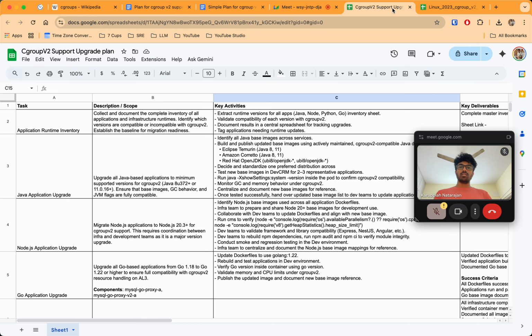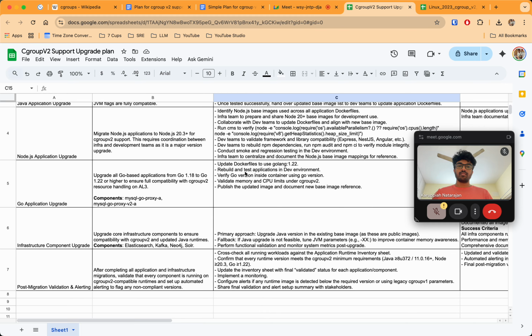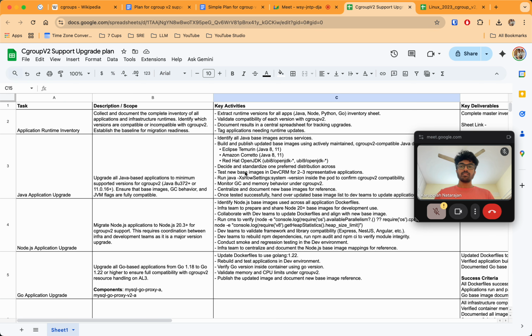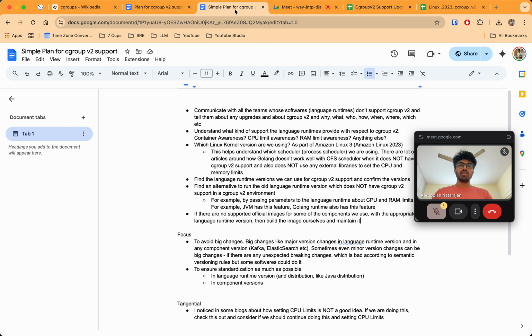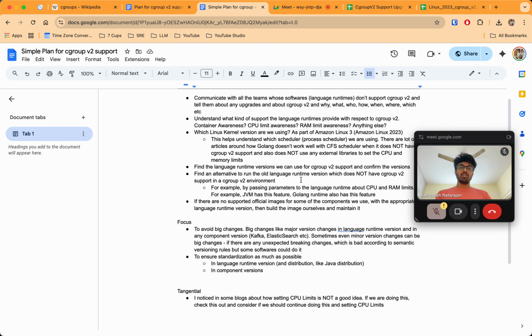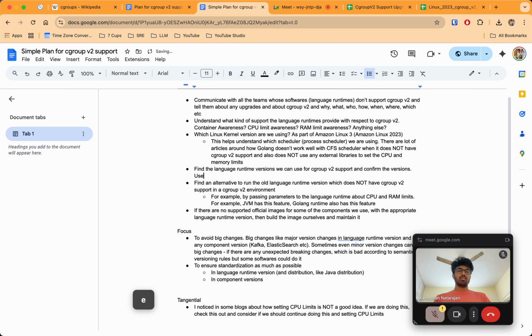Basically this is what was mentioned by my colleagues: update Dockerfiles and whatnot, by changing the container images.